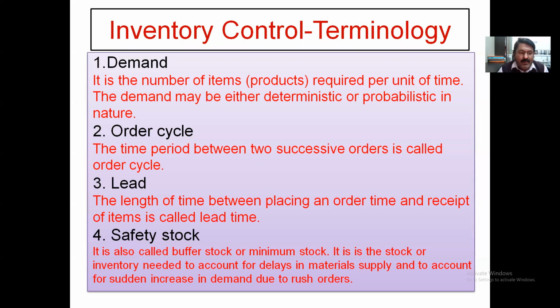Order cycle. The time period between two successive orders is called the order cycle. So first the order is given. Say I gave you the example this morning. The next order may be in the month of February, then the first week of March, first week of April, first week of May. So if you compare the time period between two successive orders, you can say that the order cycle is 1 month. So it is a monthly order. We have to put the orders.